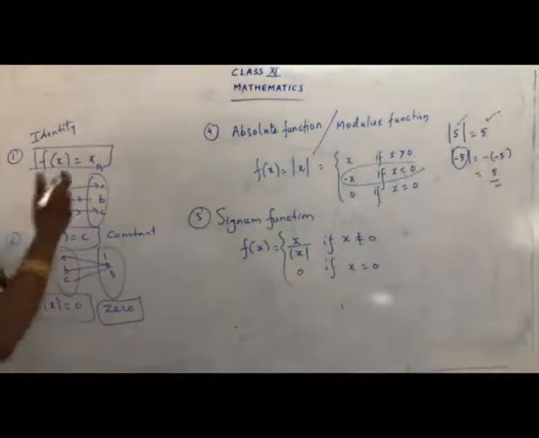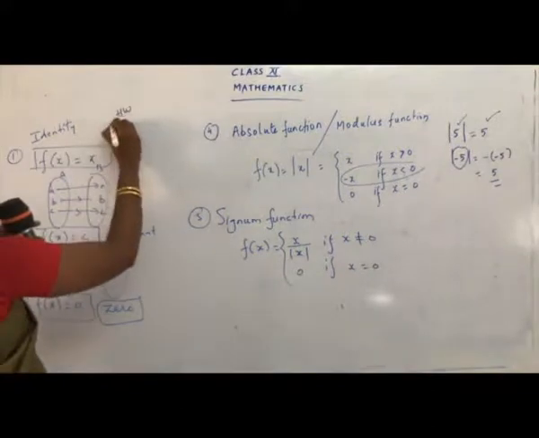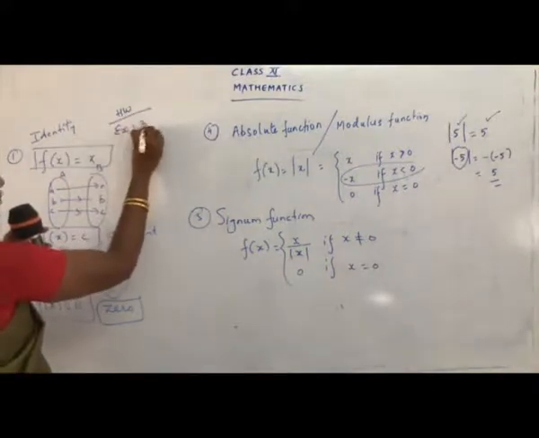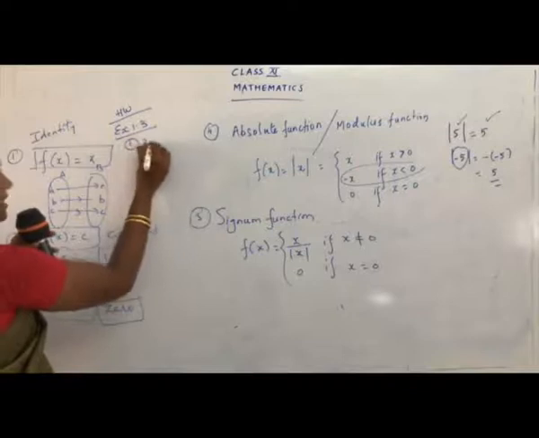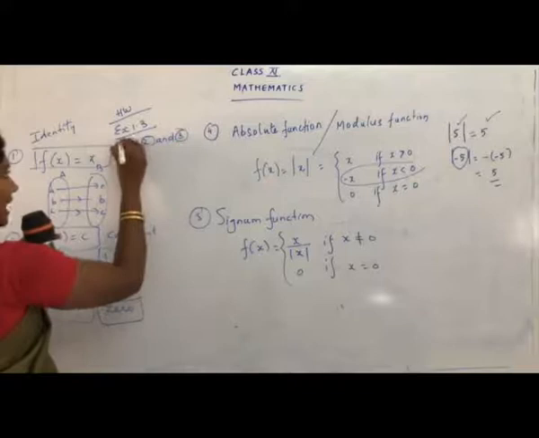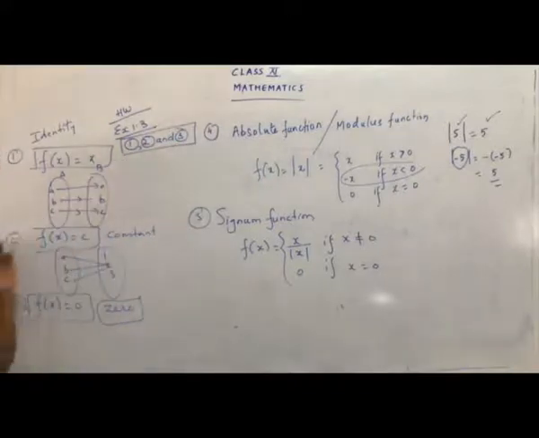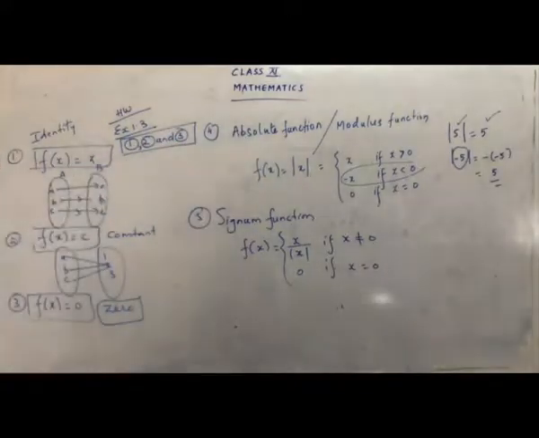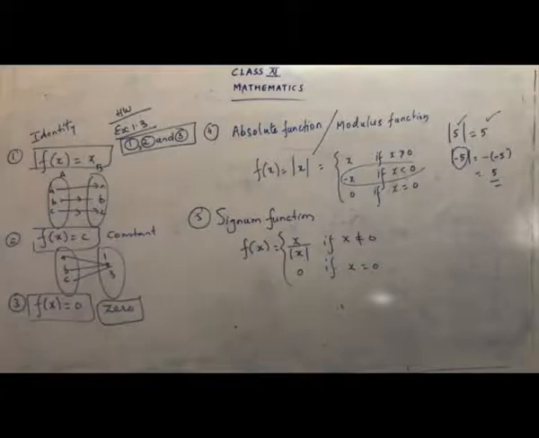Okay children, I just give you the homework part here. The homework is exercise 1.3, sum number 1, sum number 2 and sum number 3. You have studied all this type of questions in your lower classes, so you have to refer to your old books. That's why we say do not throw away any books. You just have a glance at the previous lower classes and complete the sum. From exercise 1.3, you're going to complete sum number 1 as the homework.